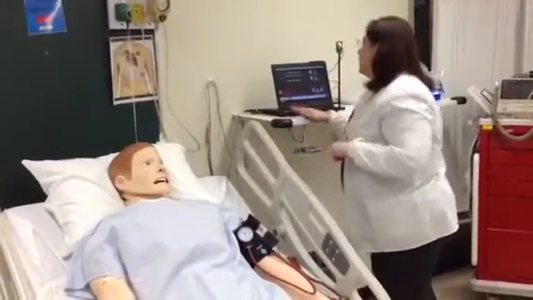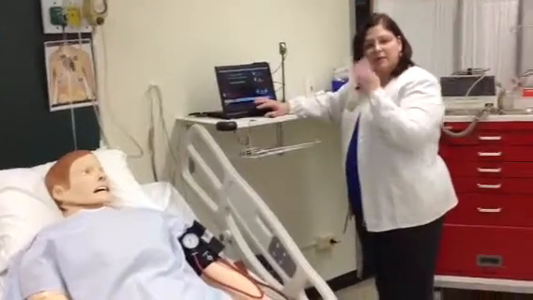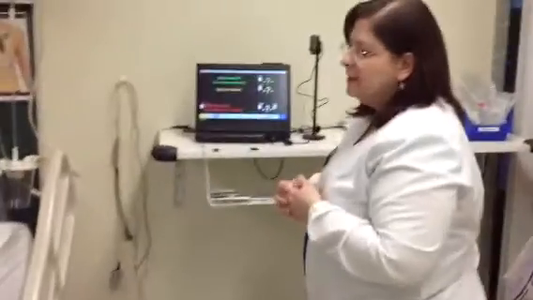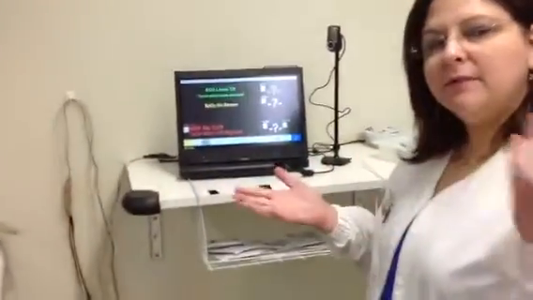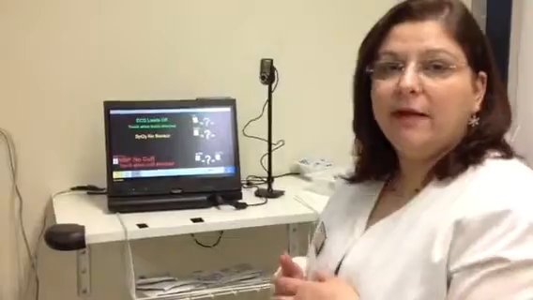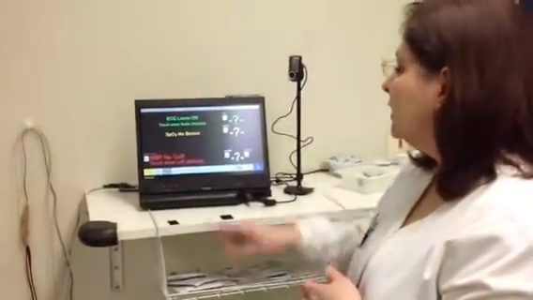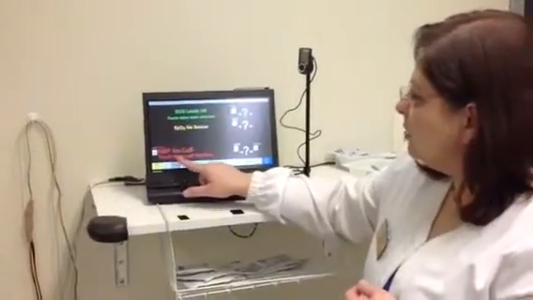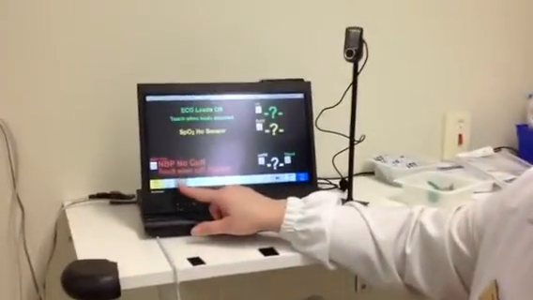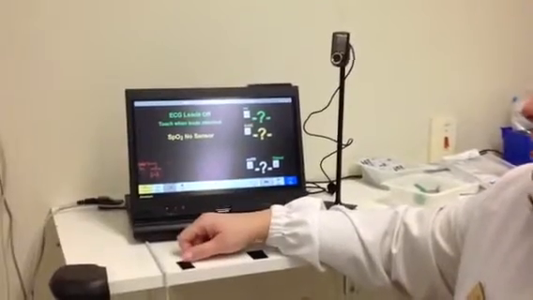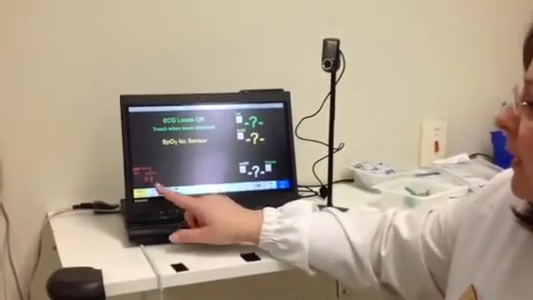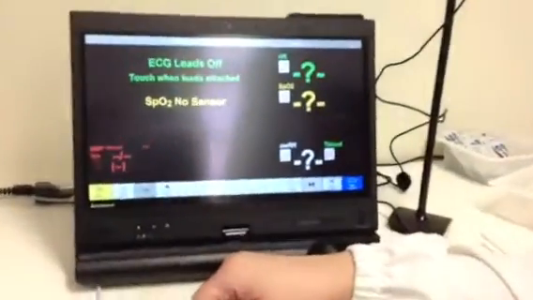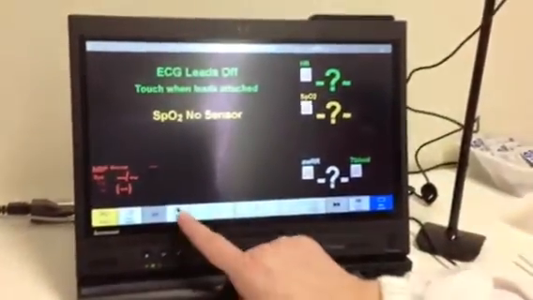So when I put his cuff on, I come over to the screen, and the screen is going to give me the information that I need to assess SimMan. This is pre-programmed based on what the scenario is, or your instructor can change those. You can see here on the screen it says NBP, so blood pressure, no cuff, touch when cuff attached. So I put the cuff on SimMan, and I just touch the screen. And when I touch this, down here it says start stop, and there's a little person there with the arm out. If I push start,